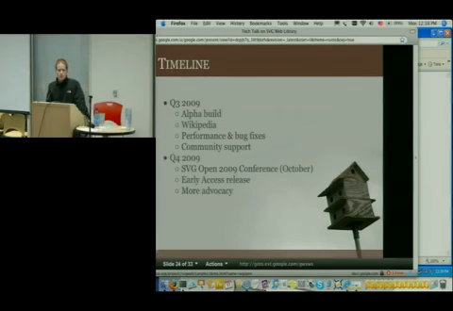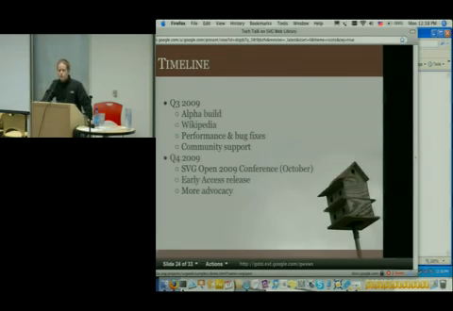So I want to quickly touch on the timeline. Actually, there's a couple details I didn't mention. One is the library is 60K. So if you have native support, you obviously don't take that hit, but that's pretty nice. You have a lot of support in 60K. Right now we have an alpha build. Wikipedia, they have a monster repository of SVG. They're going to use SVG Web to present that stuff to Internet Explorer. I'm working with them on a tool for that. The big focus right now is performance and bug fixes and community support. People are already starting to use this.